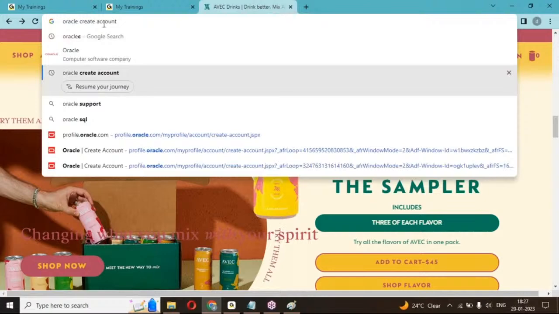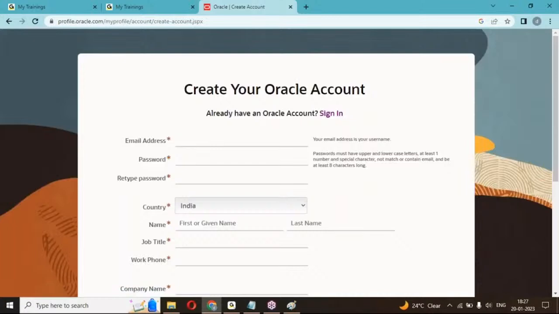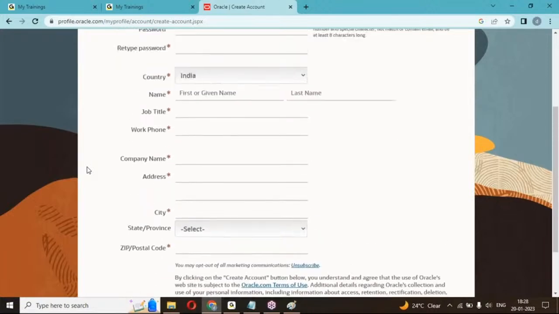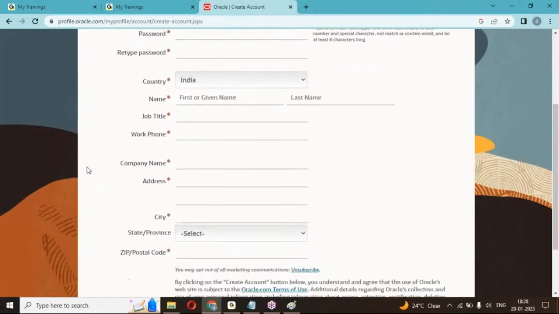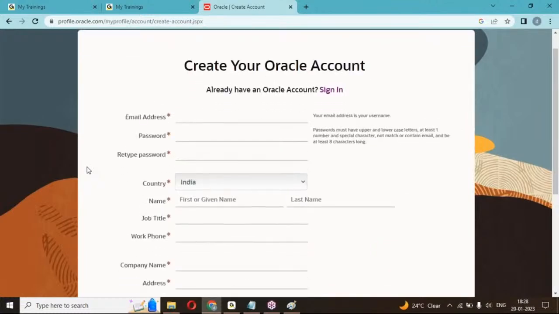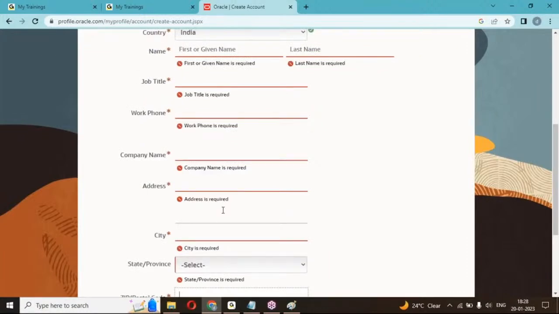Oracle create account. If you check that Oracle create account page, see here. When you want to create your account with Oracle, it will give you one front end page for us. In this front end page, you can see the submit button, email address, password, role type, country, company, work, and city. Once I click on create account, you can see all the red color error messages. These error messages, buttons, text boxes, radio buttons, and drop down lists